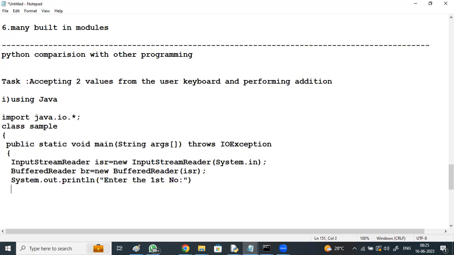Whatever number you enter is by default taken as a string. String s1 = br.readLine();